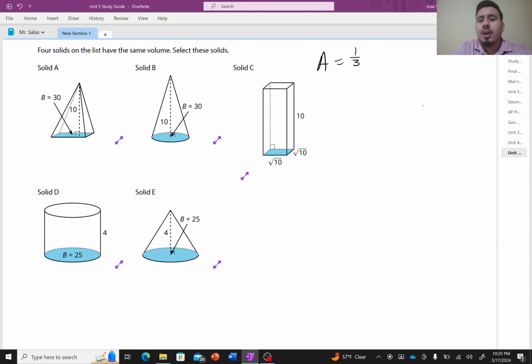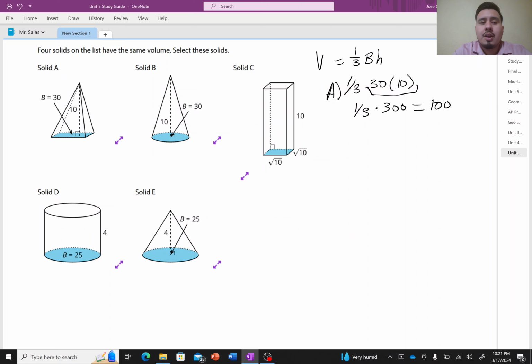I'm going to simplify this first. That gives me 1/3 times 300, or 300 divided by 3, which will give me 100 units